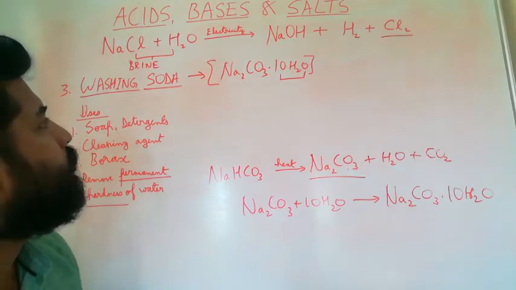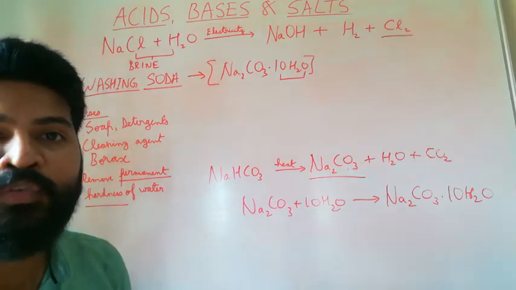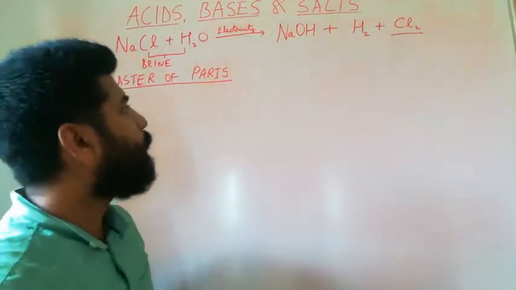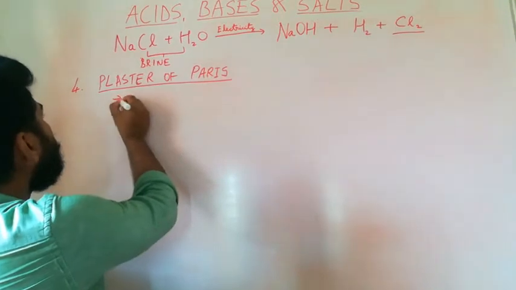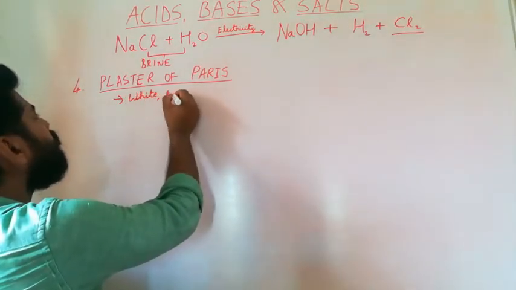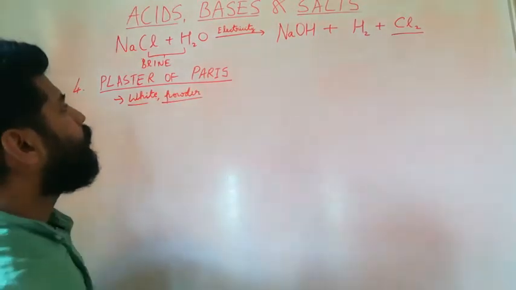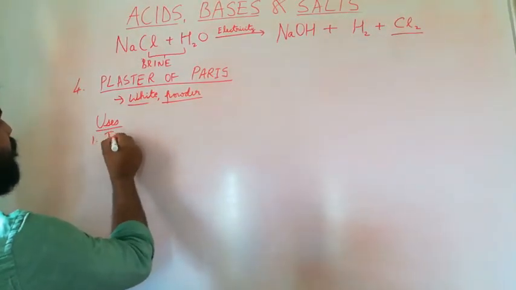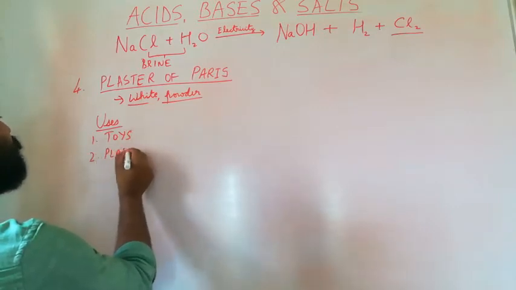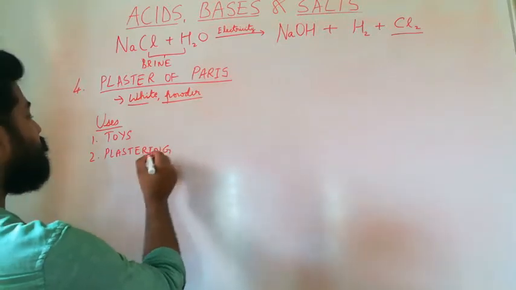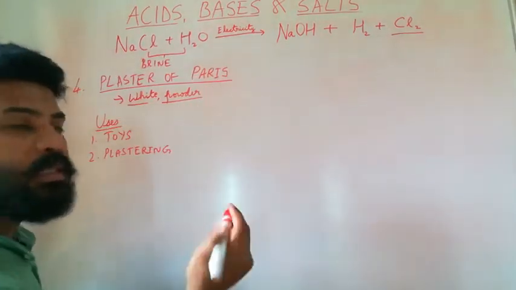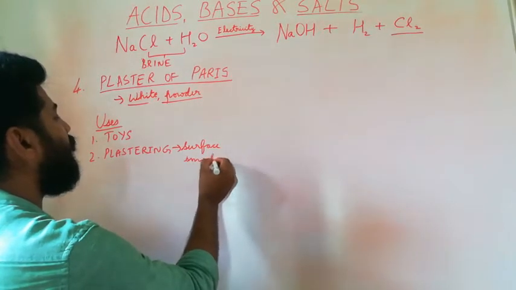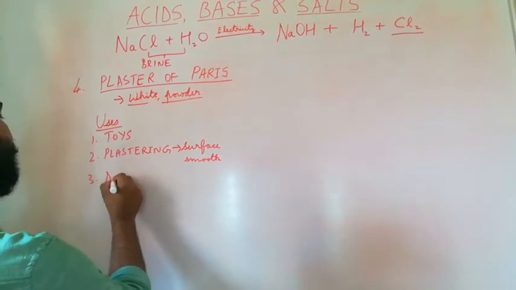The next salt is Plaster of Paris. The last salt for discussion is Plaster of Paris. Plaster of Paris is a white colored powder which finds many uses. So plaster of Paris, as you know, it is used in making toys, it is used in plastering. That is, plastering means when to make the walls smooth, so making surfaces smooth, we use plaster of Paris. It is used for decorating items,